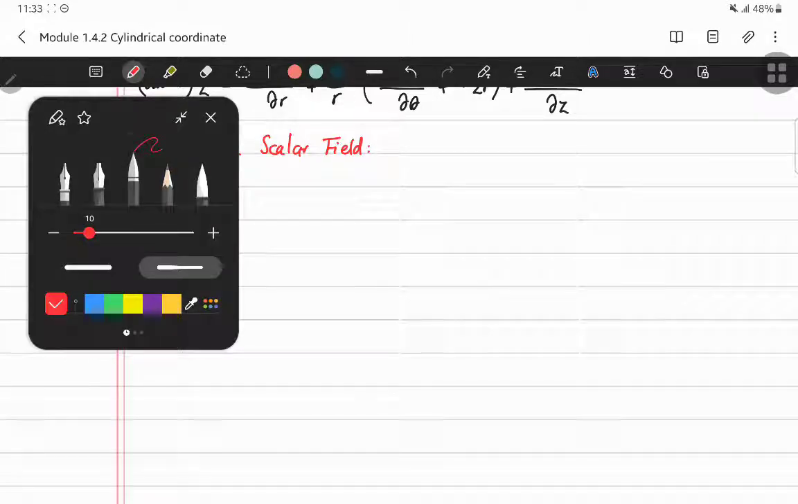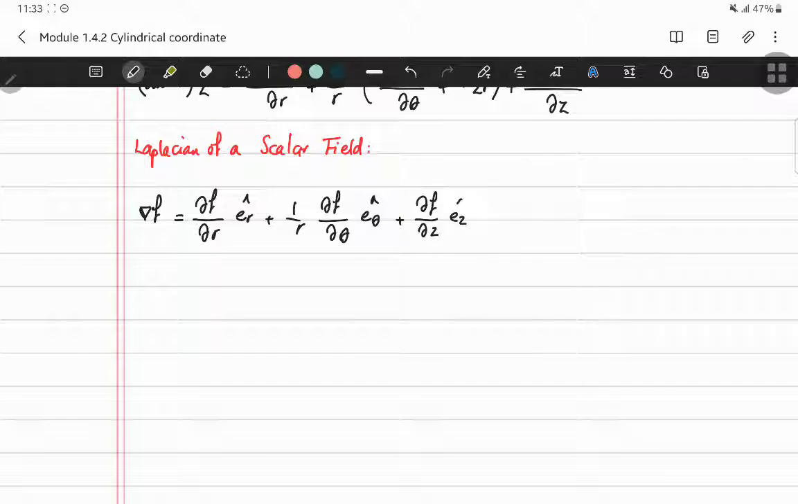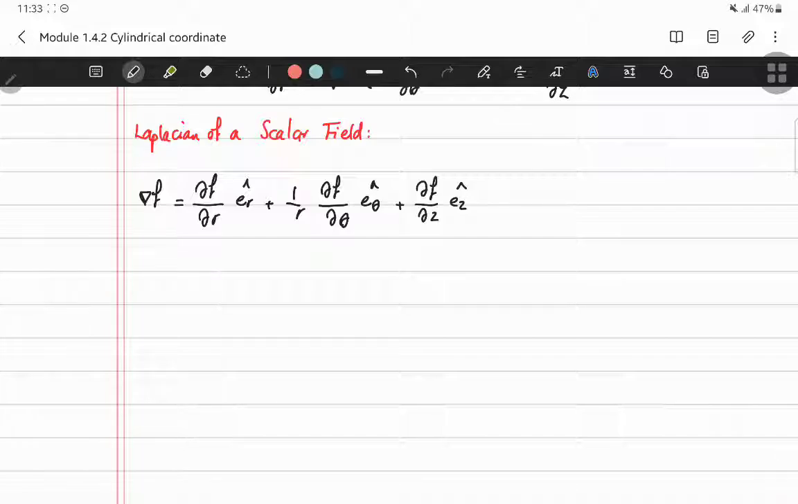So we have del squared f, if you remember. If you recall, we had this del f here, which was the partial derivative of f with respect to r, e_r plus 1 divided by r partial derivative of f with respect to theta, e_theta plus the partial derivative of f with respect to z, e_z, which was essentially a vector, because we said that the gradient increases the order of your field. Whether it is a scalar field, it becomes a vector field, or a vector field becomes a second order tensor. So del squared f is nothing but del dot del f. So I have the divergence